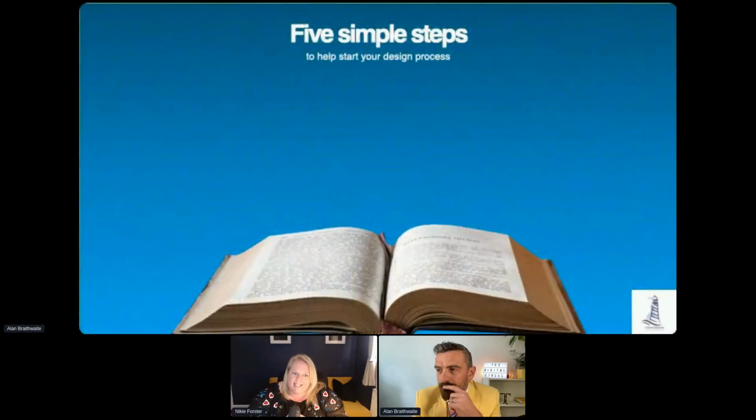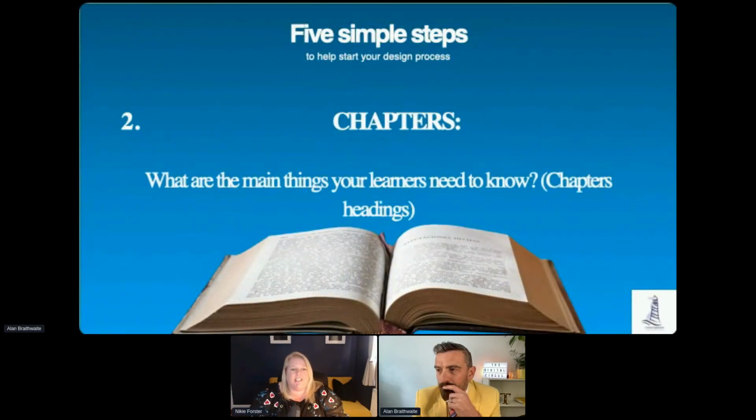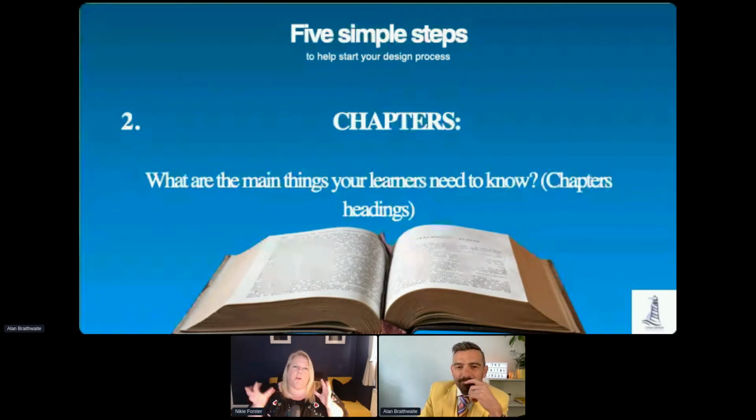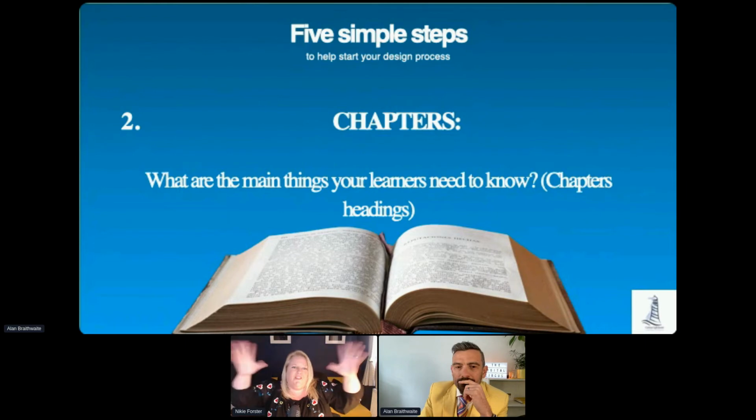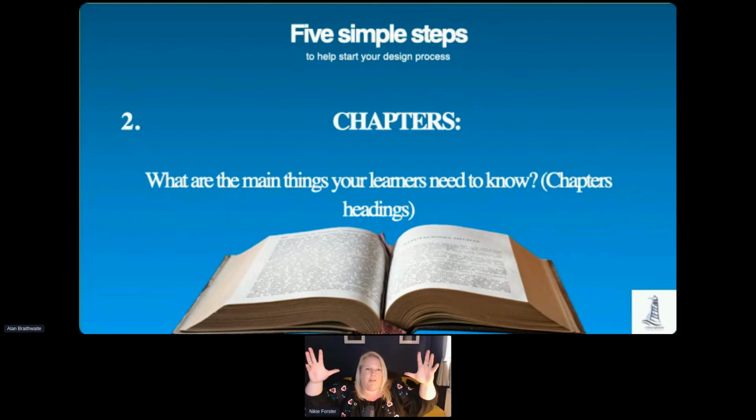Once you've got that, then the next thing, and you can see we're kind of keeping with our book theme here. The next thing that we're looking at is, well, what are the chapters within that? So if you're a very visual person, then this is where your post-it notes really come into play. You've got your main idea about what you want to do, and now just write down everything that they're going to need to know on good old post-it notes, and then work out what order it's going to go in. A lot of people try and write it in order, but the idea is just to brain dump it down and then organize it. But you're looking at chapter headings, so these are big titles of things.